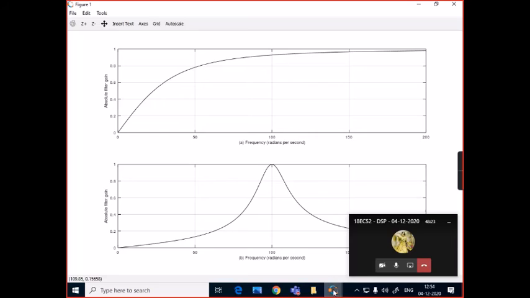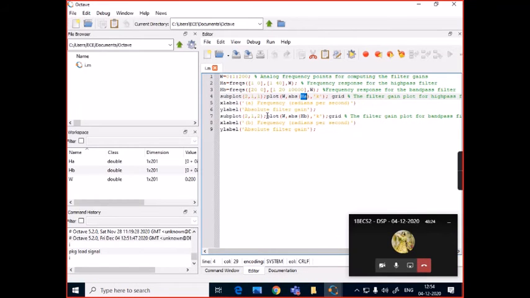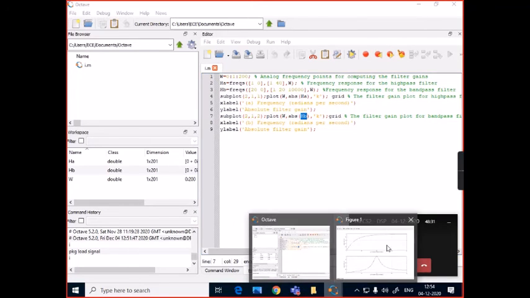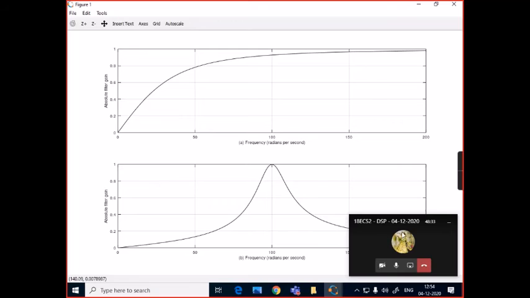Yes, sir. And in the second subplot, we have plotted the magnitude response of the band pass filter. Now observe the second graph. Does this look like a band pass filter? Yes, it is a band pass filter.